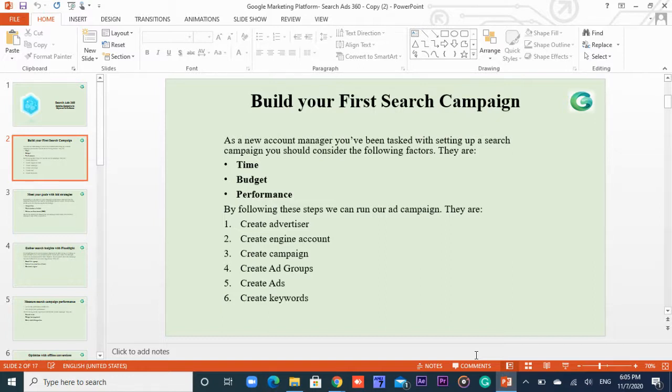In the ad campaign, you will get many ad formats like ad groups. So you need to create many ad groups. After creating the ad groups, you need to create an ad for each and every group. After creating the ads, you need to focus on the keywords for the ads in the ad groups, so that for a particular customer, the ad will reach accurately and perfectly.